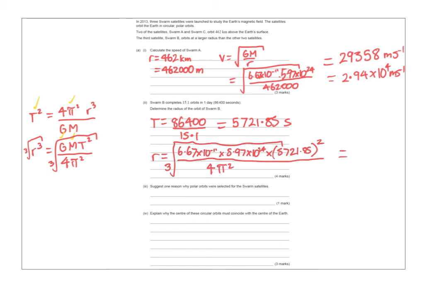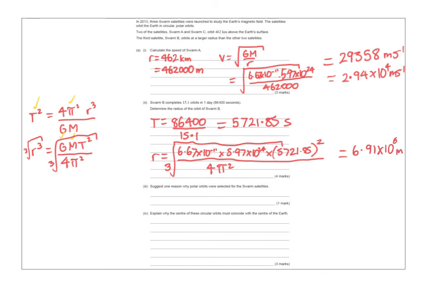And when I plug all that in, I should get an answer. So we get 6.91 times 10 to the 6